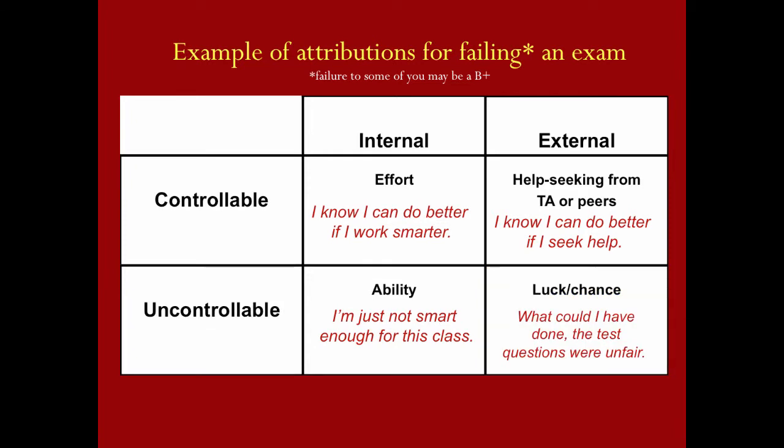So when we look at these two dimensions together, locus and controllability, a person who generally sees their successes and failures as internal and controllable is said to have an internal locus of control. This person generally feels in control and in power of their decisions, of their goals, of the circumstances of their life. This results in increased effort and a feeling of empowerment over their circumstances, over the factors that contribute to their learning and motivation.